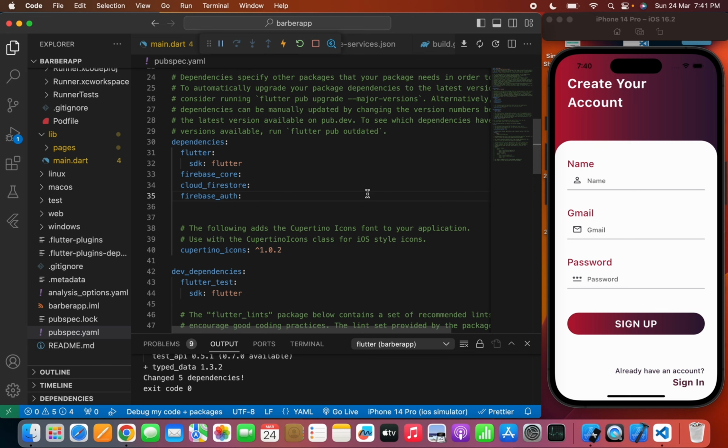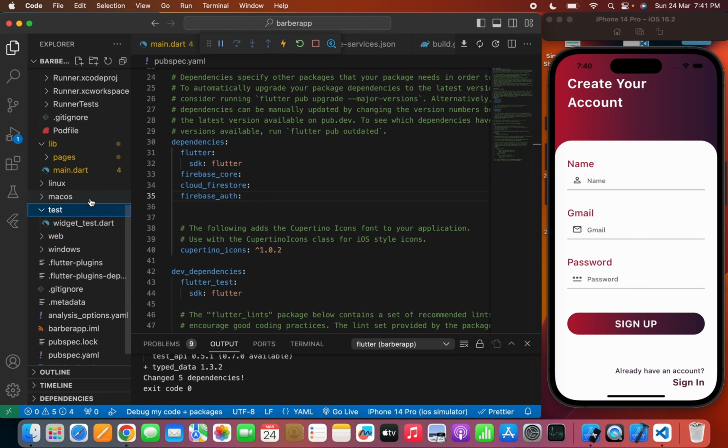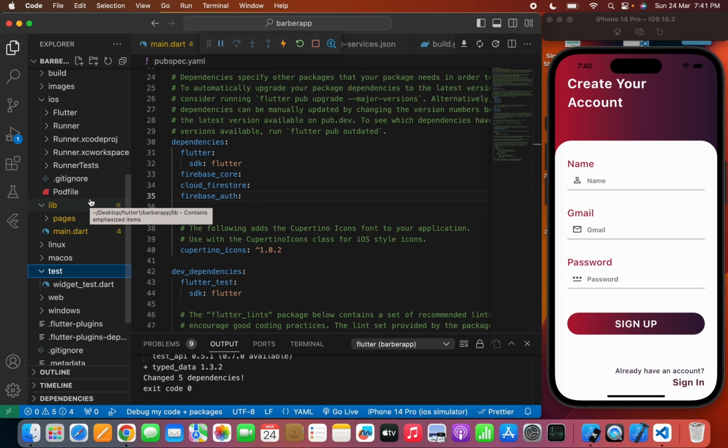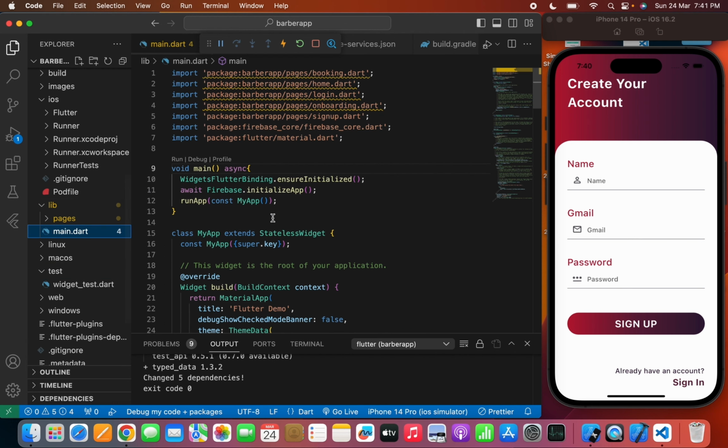So here we have done the complete setup for the Android and iOS, and we have also connected Firebase with our Flutter app. But before moving to the code and creating some functions for the authentication in our SignUp page, first of all, I'm going to run the app on a real Android device. So if you don't know how to connect the